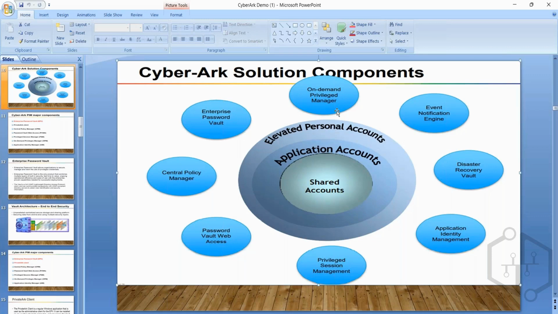So let's say an L2 person needs to add someone to the sudoers group. The sudoers group is just like the local administrator group we have in Windows. We have the sudoers group in Unix, wherein you can provide admin level privileges. That L2 person will not be able to do that task because you have blacklisted that command for him, or maybe you have blacklisted the path for him. He will not be able to perform that sort of operation. So this is the on-demand privilege manager. So these are all the components